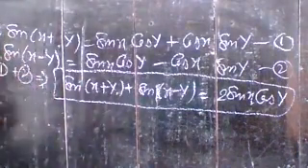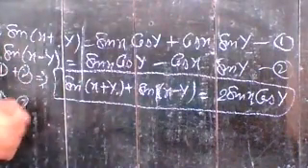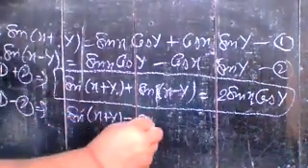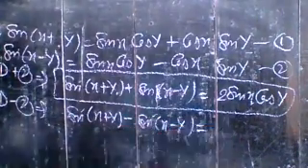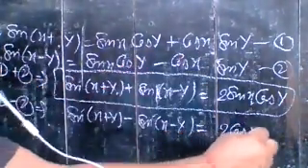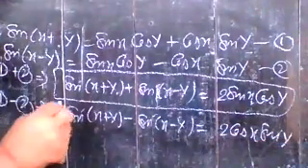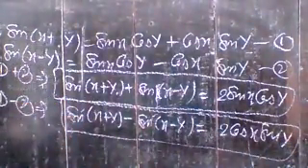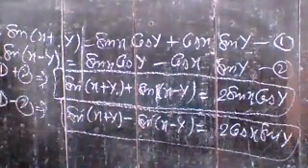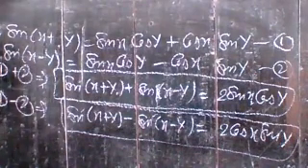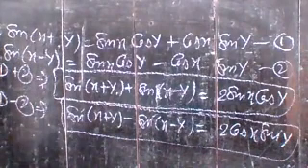Now if you subtract 1 and 2, just see what you have. 1 minus 2 implies sin(x plus y) minus sin(x minus y) is equal to, if you subtract, these terms cancel out, and here you have 2 cos x sin y. That is your second identity. Understand? And the third and fourth identities can be obtained by using the formulas of cos(x plus y) and cos(x minus y). So see that also. Yes, note it.